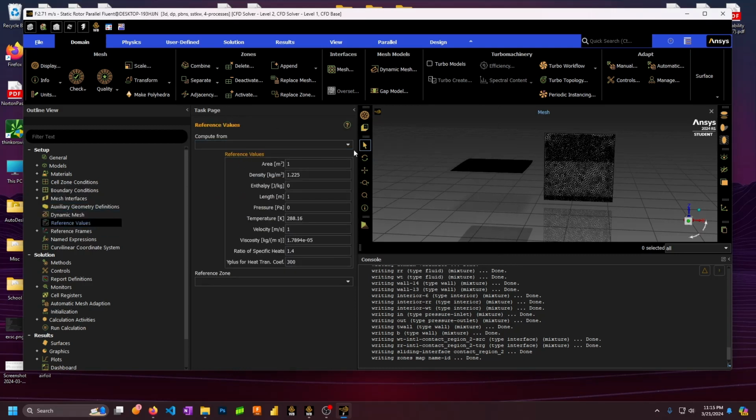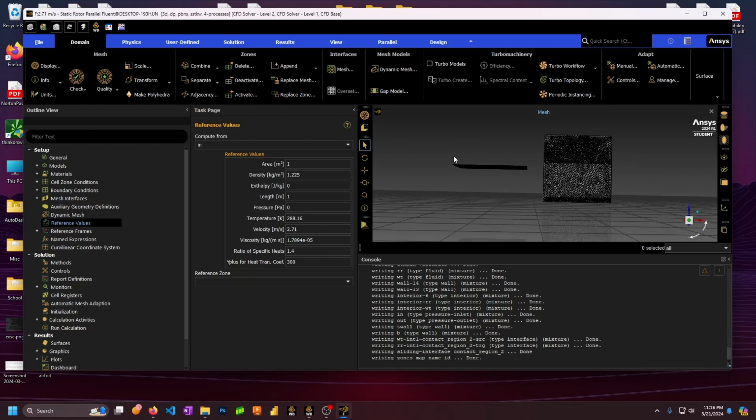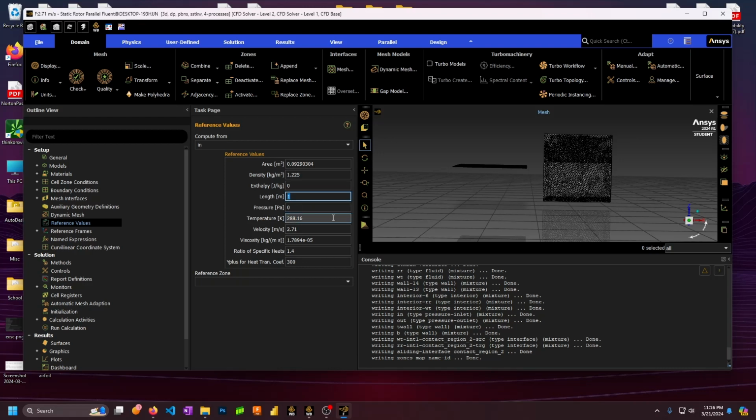Reference values, we can compute from the inlet. That'll only give us the inlet velocity. We need to do the area and the length. Area is the frontal area of your turbine. So it's going to be this blade face and the area of this blade face. I know that this blade face is equivalent to 1 foot squared, which is 0.09290304, if I'm not mistaken. Yes. Okay. And then my length, in my case, is going to be,